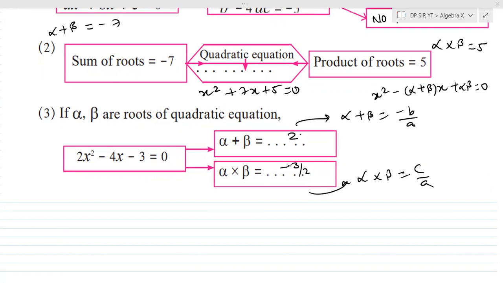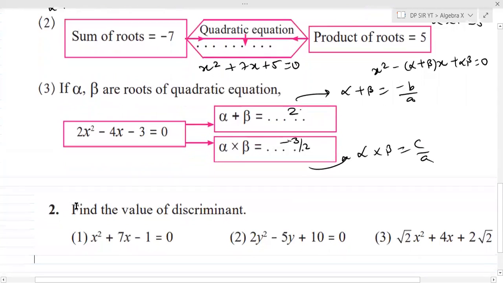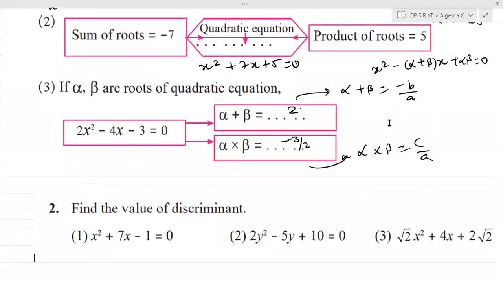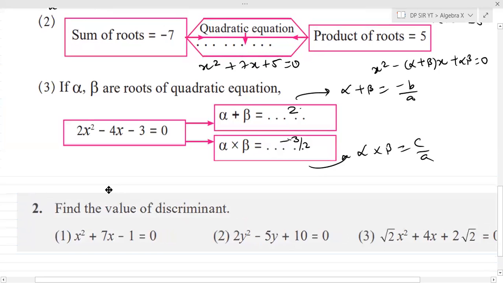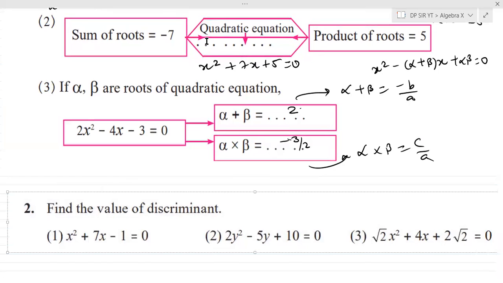Let us find the value of discriminant. I repeat, that is not a determinant, it is discriminant denoted by delta. Okay. So let us go back to our OneNote. Let me paste the question. I hope my question is visible to everyone, and let us start solving. The question is simple. Okay. So let's start solving. There is nothing big about it.